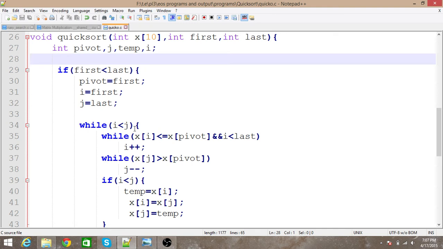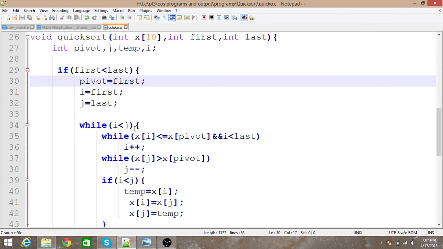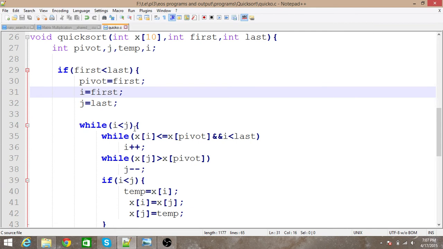If that is satisfied, then only it will enter into the next part of the code. Now it considers the first element as pivot, and i will be first and j will be last. Then it enters a while loop where i is less than j. Then it checks the condition where we increment the value of i.